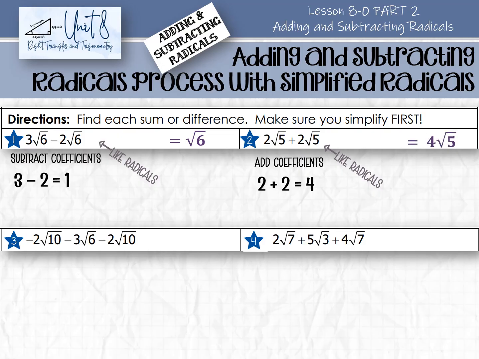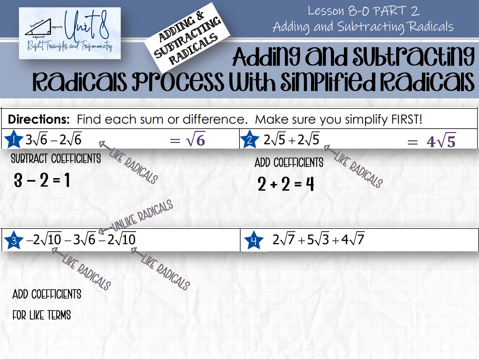Your answer is 4 radical 5. Number 3, these are like radicals, but that one is not the same as it. So we can combine the like radicals and add those coefficients together. Negative 2 plus negative 2 is negative 4. We have negative 4 radical 10, and then we'll just bring down that minus 3 radical 6,